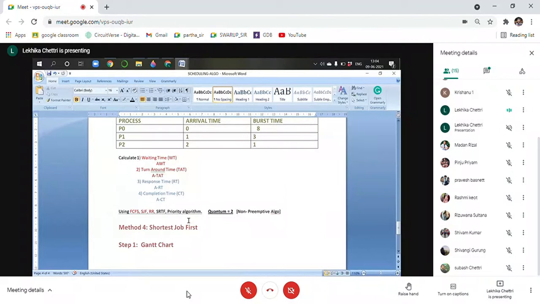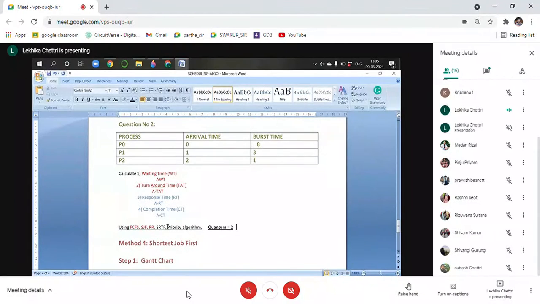Okay, so before I start with this one, let me explain. Shortest job first. Go with the name. This one is non-preemptive type, so it doesn't perform any preemption. That means we have to consider it as it is. So for round robin and SRTF, consider this same problem as preemption type for your own practice, and you can consider the quantum value too. For FCFS, SJF, this is the one. FCFS, you try yourself. SJF, shortest job first.